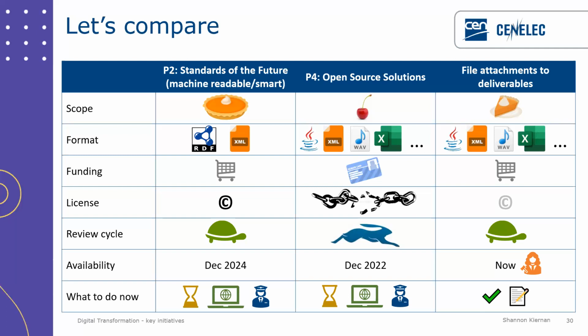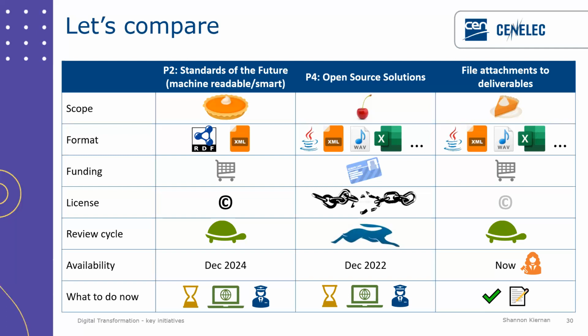Open source solutions, as we know, completely breaks the rules. We have 4 freedoms. You can basically do almost whatever you want with it. You can copy it, you can modify it, you can republish it. So a lot of those usual constraints with copyright are not in place for open source.